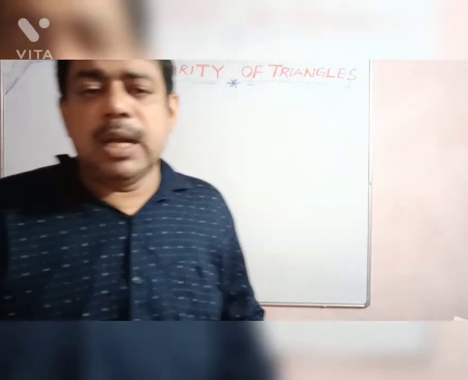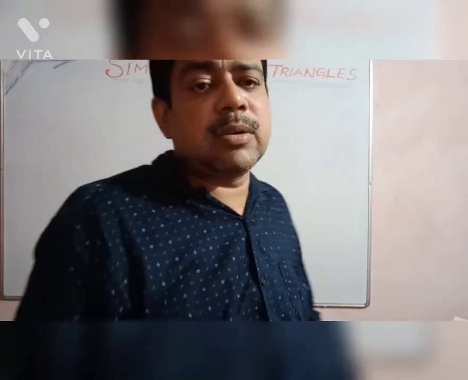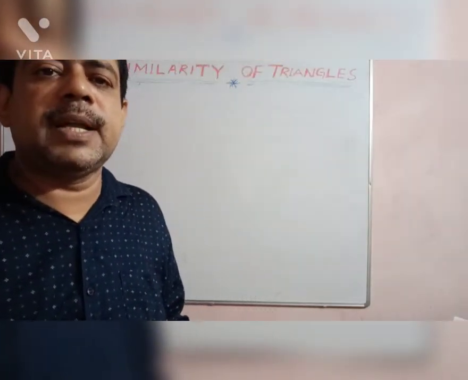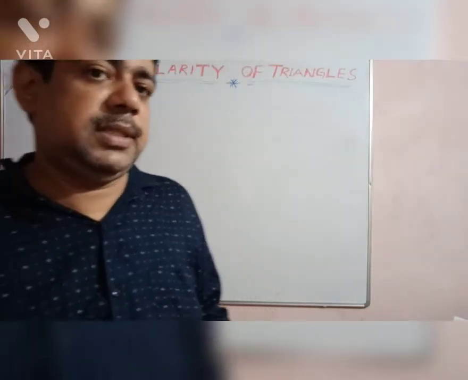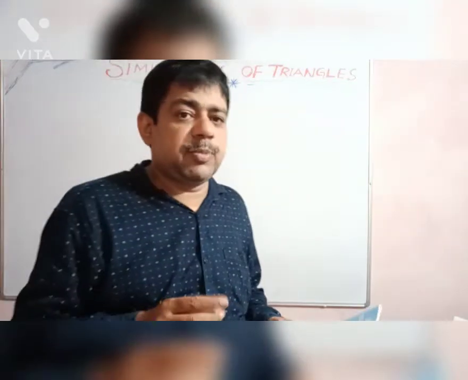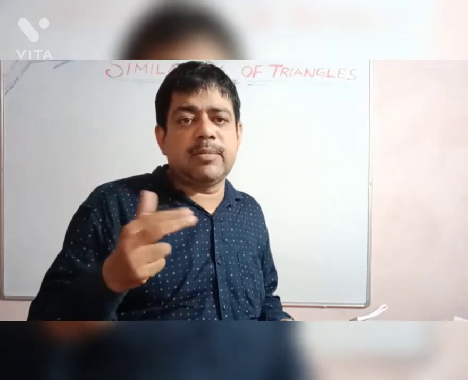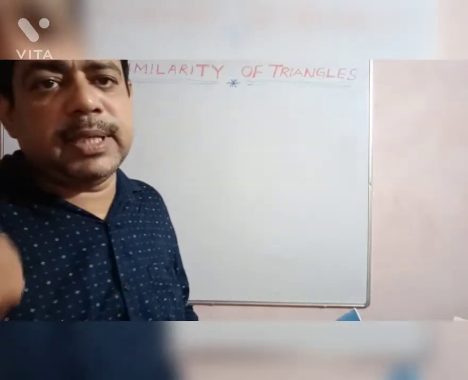Here I am going to explain an interesting concept of standard 10 math, that is the similarity of triangles. In the previous class you already learned the idea of the congruence of triangles. In congruence, objects having the same shape and the same size are called congruent. Suppose two objects are rectangles, and the corresponding length and breadth of the two rectangles are equal, then we can say the two rectangles are congruent.